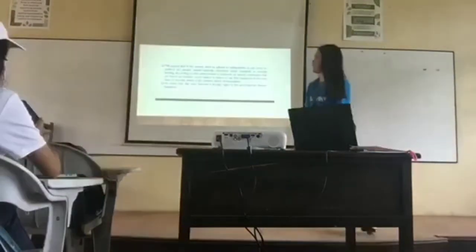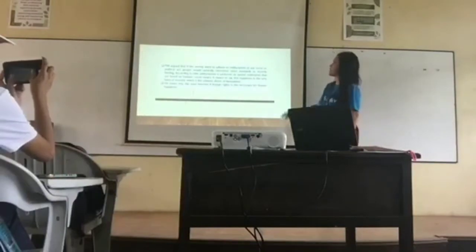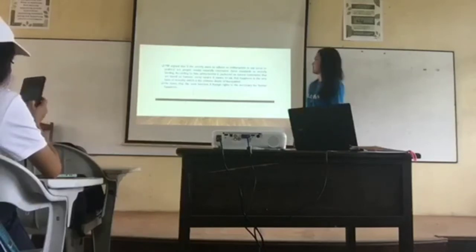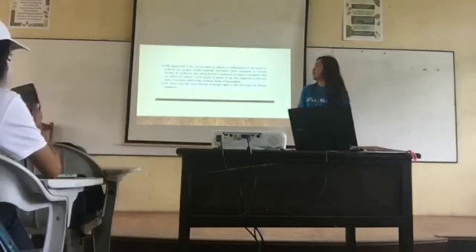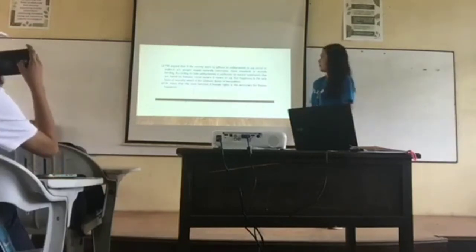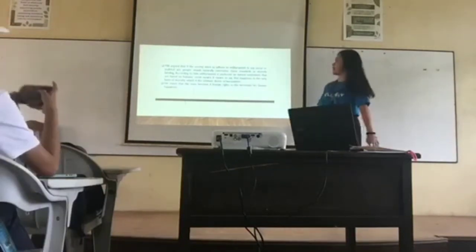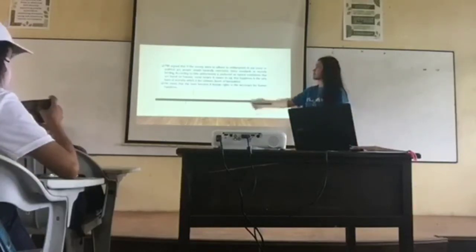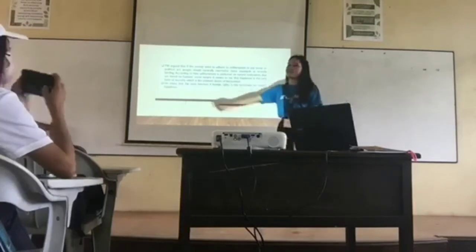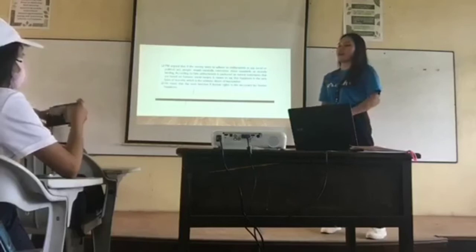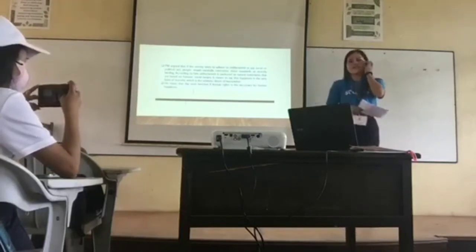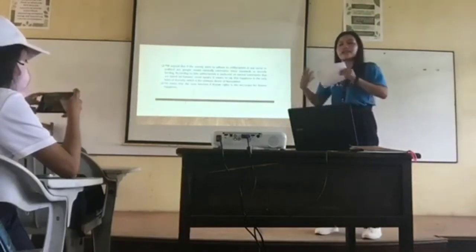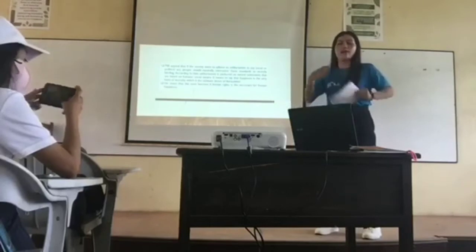So, Mill argues that if the society were to adhere to utilitarianism in any social or political act, people would naturally internalize these standards as morally binding. So, according to him, utilitarianism is anchored in the natural sentiments that are based on humans' social nature. It means to say that happiness is the only basis of morality, which is the ultimate desire of humankind. So, let's just for example, just like what is good, it is what is useful. So, what is useful is what is good.